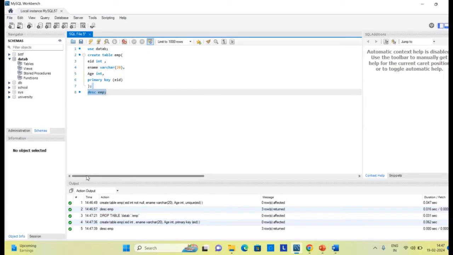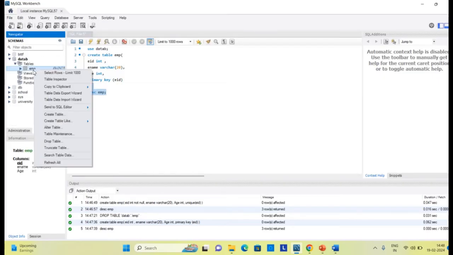This is the way to define the primary key in the table itself. Suppose there is a table where, while creating it, I have not defined any key as a primary key. How can I do it? We can do it by using alter table. For that, first of all, I am going to drop this table.